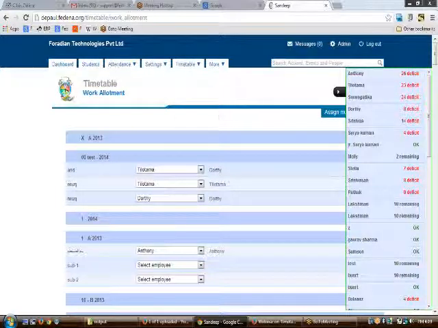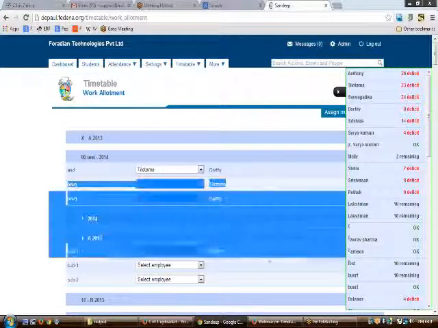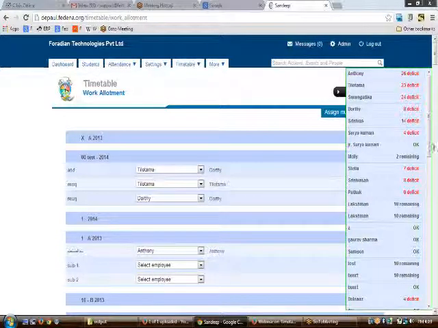To do so, you need to select the particular batch and subject, and then select the name of the teacher. On the right part, you will be able to see a place where it's written 23 deficit. Whenever you see deficit, this means that Sir Anthony is teaching 26 classes more than the number he has been approved for.